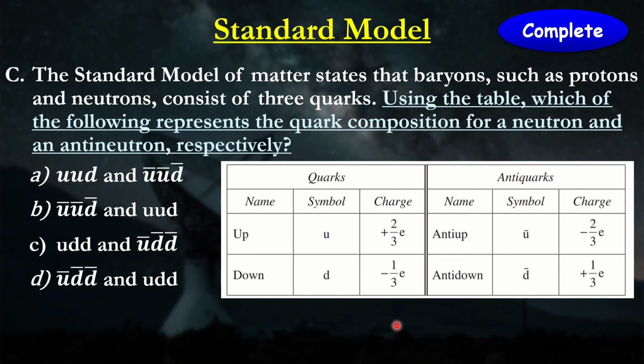So if we have a look, a neutron, we already recall, is made up of 2 up quarks and 1 down quark. How do we know? Because 2 up quarks,